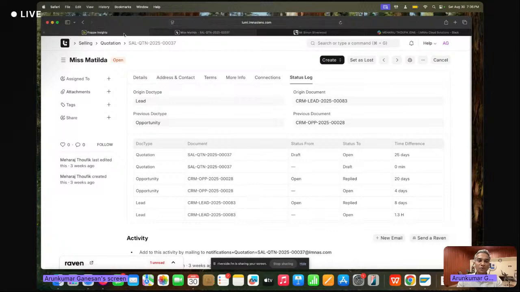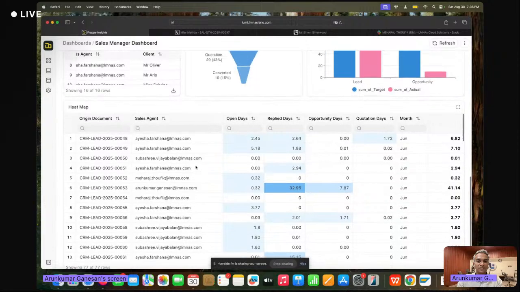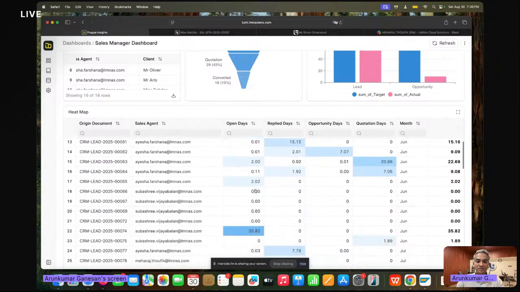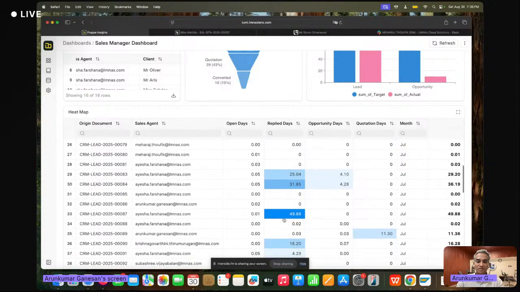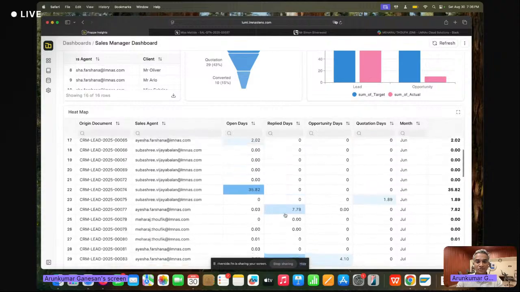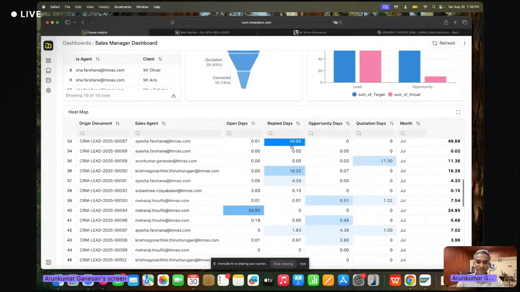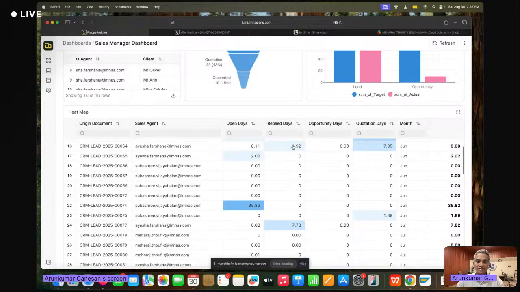But if I go and look into the heat map, this is on entire document level, entire lead level, and entire stage level. So the same thing is put in a heat map level. And when we analyze this, you could see the more the bluish, meaning there is a problem in this area. It is 48, sometimes it is taking 49 days to just reply to a lead. This is also possible, right? And the more number of blue in a particular area, particular stage, then it is problematic.